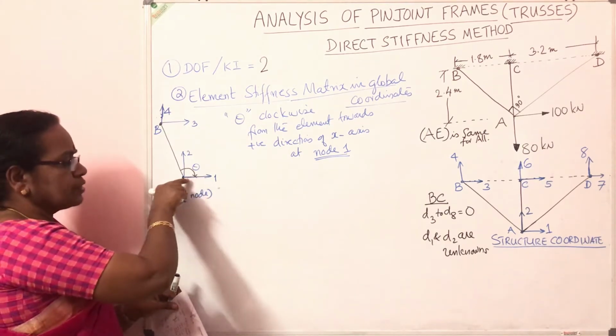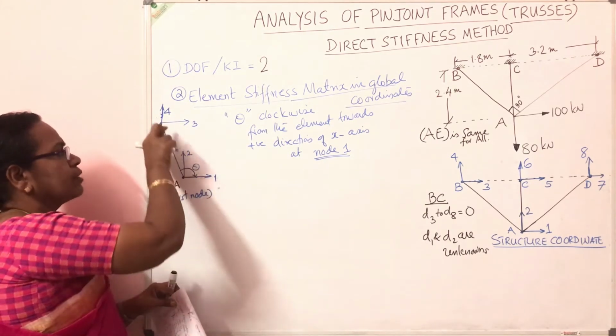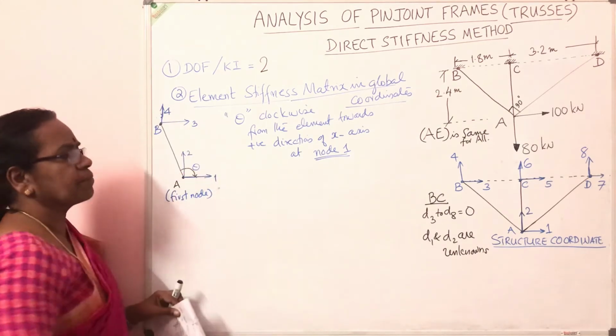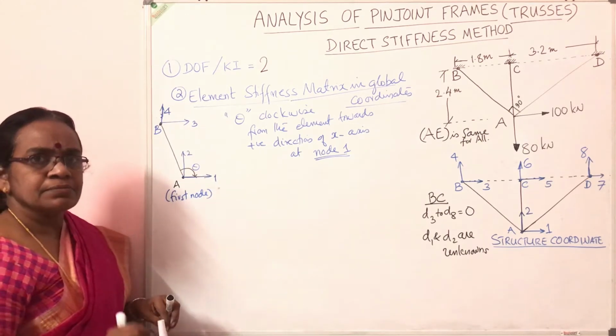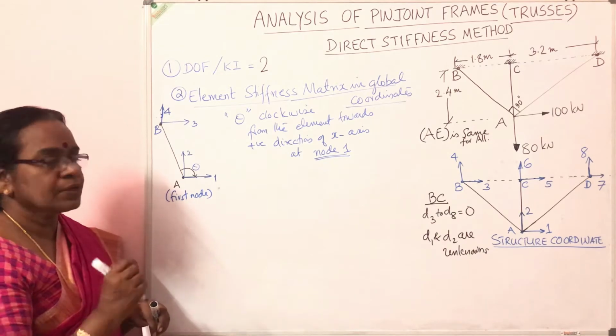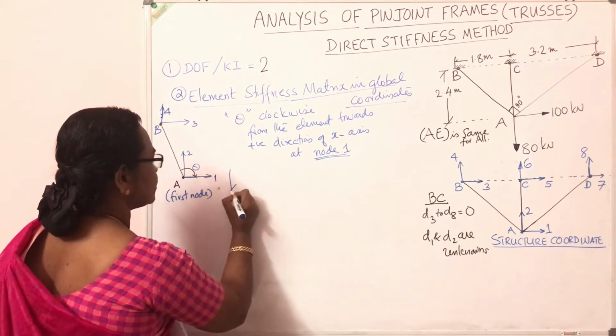So this is the global positive x, global positive y, and similarly at this node. So measure theta. Once you calculate theta, the stiffness matrix for that element